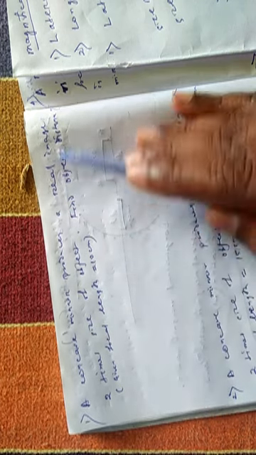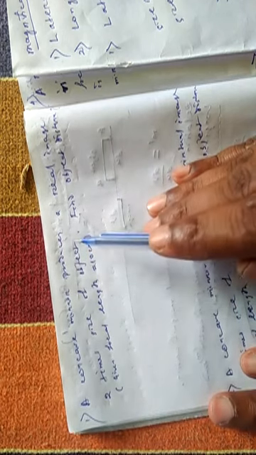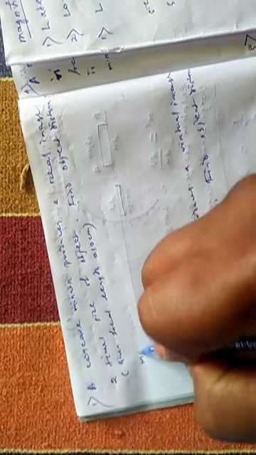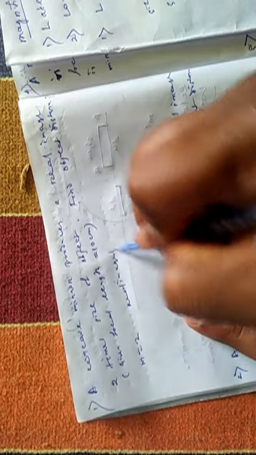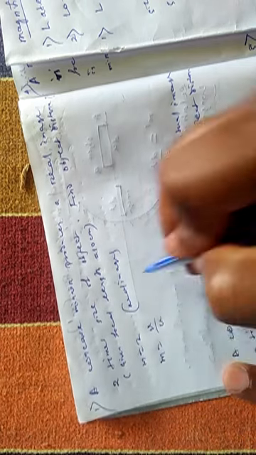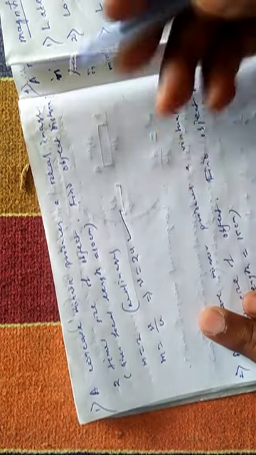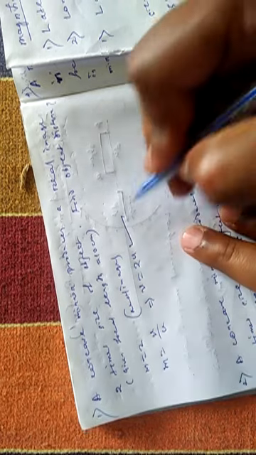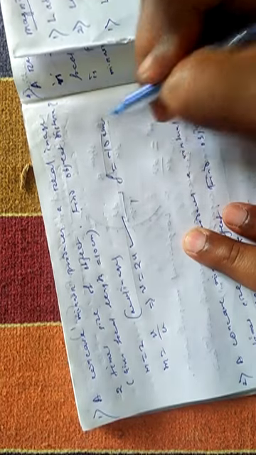A concave mirror produces a real image 2 times the size of the object. Means here magnification is 2, and since it is a real image, m is equal to 2. So for a real image, that is how you can write m is equal to v by u. So v is equal to 2u. Given focal length is 10 centimeter. As you know, for a concave mirror focal length is negative. That is why f is equal to minus 10 centimeter.